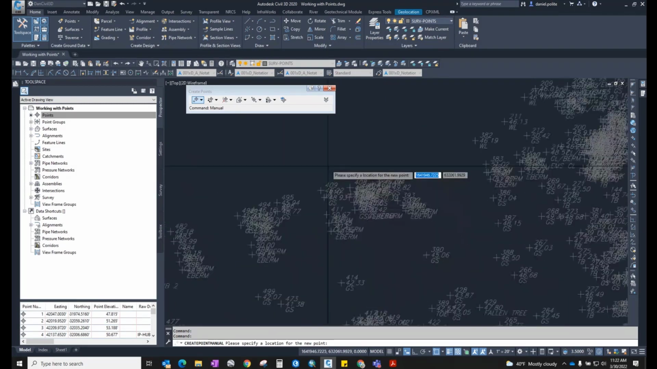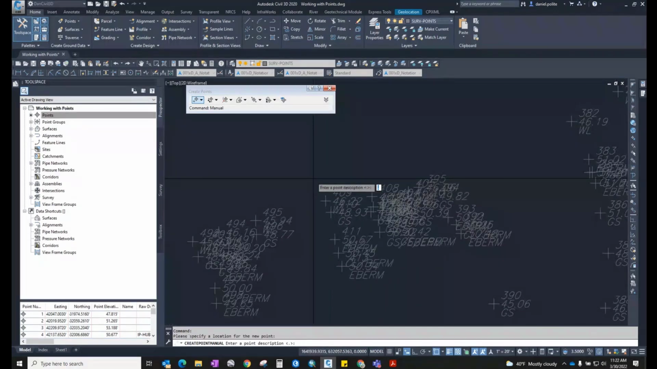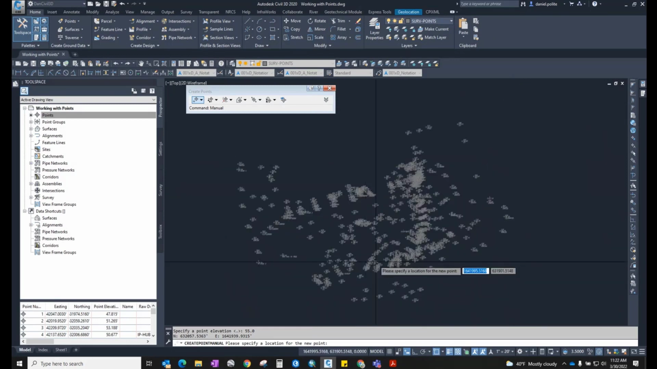So in this case, I'm just going to put a point here. I just left click, enter point description, top riser, and then it's going to say an elevation. And in this case, we'll just say, I don't know, 55.0. Hit enter. It's created that point, 3055, top of riser, and then say down here,